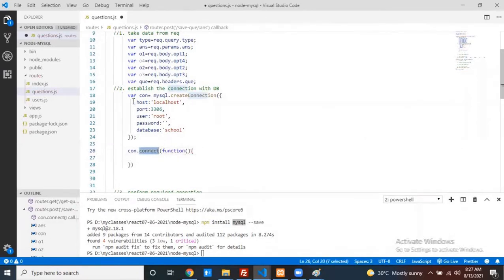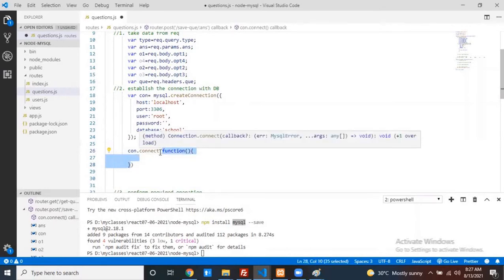I am only trying to connect with this information. Once my connection is established, either success or failure, I am going to call this method. I called this callback method. What you can simply confirm is, yes, my connection was established with success or failure. That means my task completed with success or failure. Okay, like this you can understand.